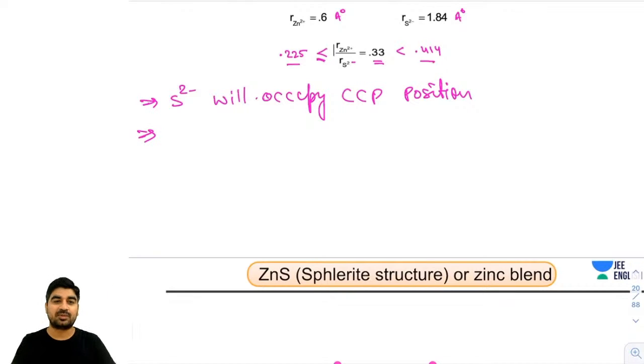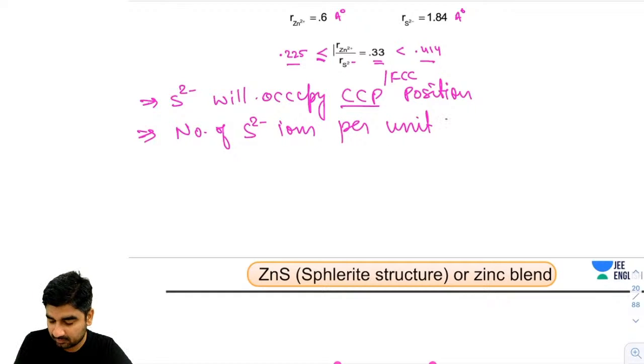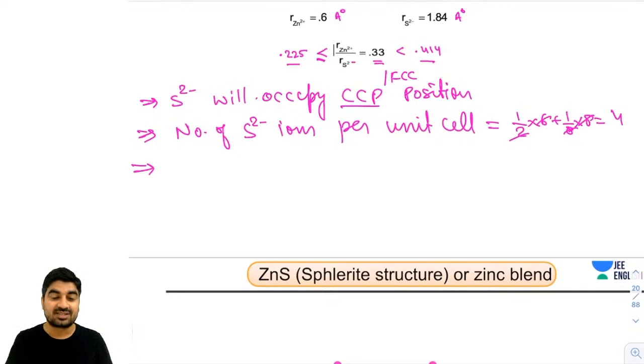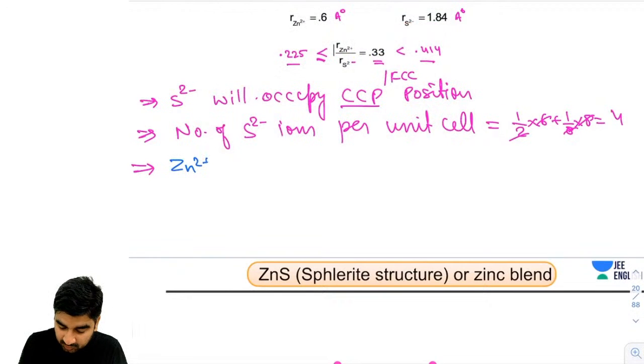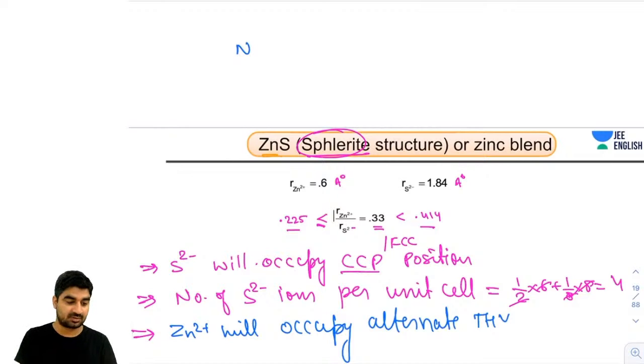So how many S2 minus will be there per unit cell? CCP or FCC, the meaning is the same. So the number of S2 minus ions per unit cell will be 4, right? Now I will talk about zinc. Now guys, this is very important. Now Zn2 plus will occupy alternate tetrahedral voids. So what do you mean by alternate? I already told you that if there are n atoms,